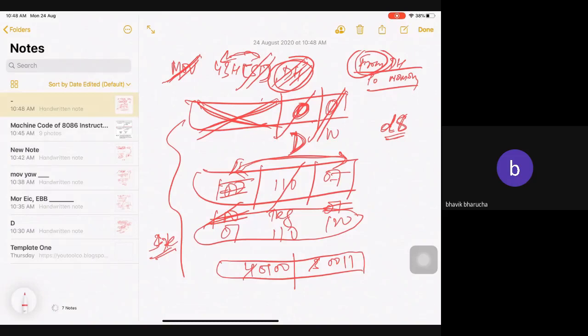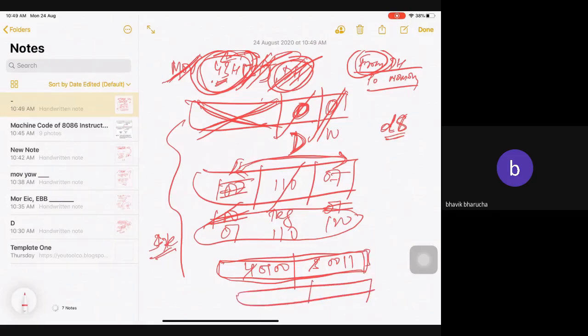Because we have told our assembler that we want to move something from DH, we have informed about DH. We have informed about SI also, but our assembler doesn't know about 43. So that also we need to tell our assembler. That's why that code is also needed. As this is only 8-bit data, our third byte will be added. If this were 16-bit data, I would need to add one more byte, and in that case it will be a 4-byte instruction. Yes?